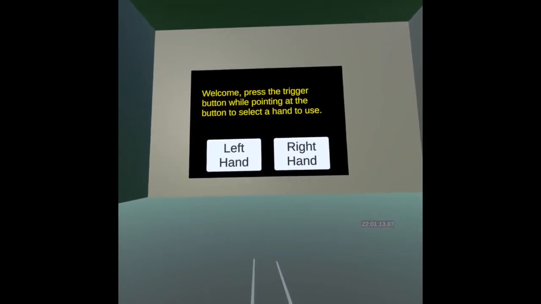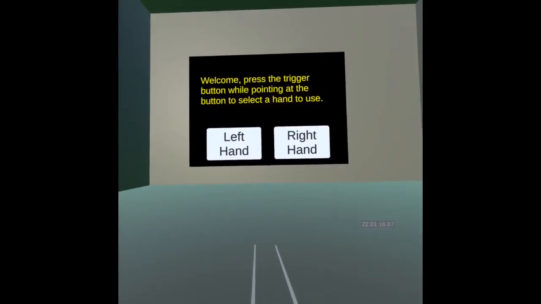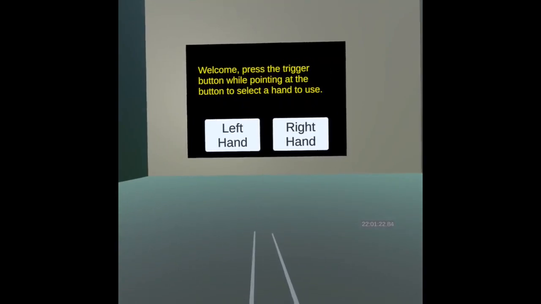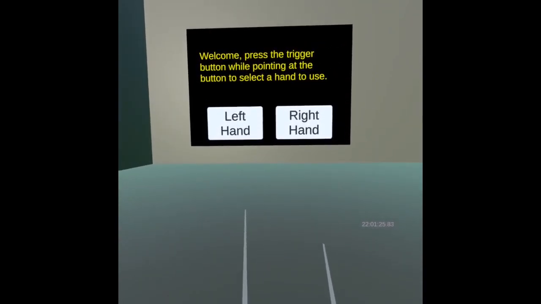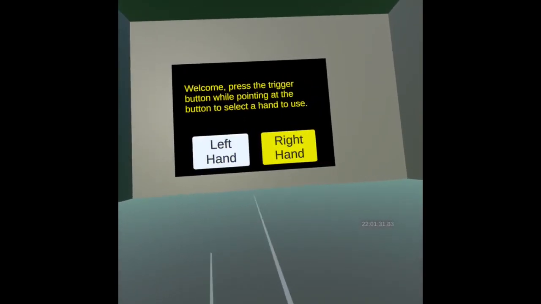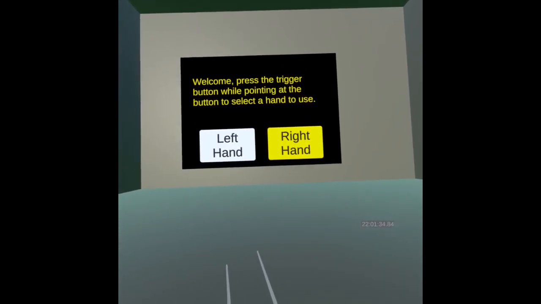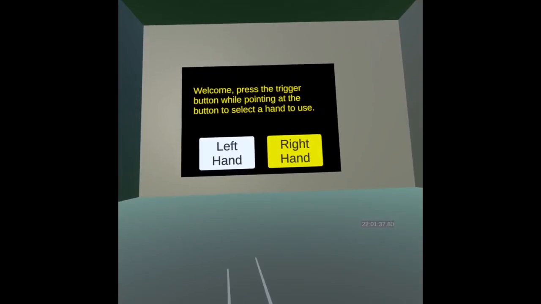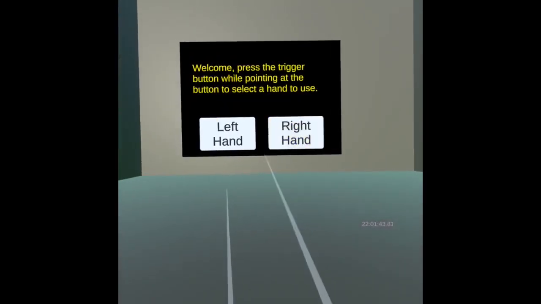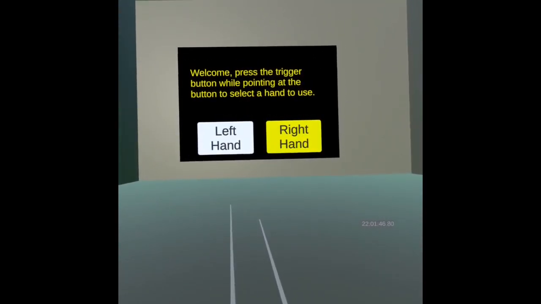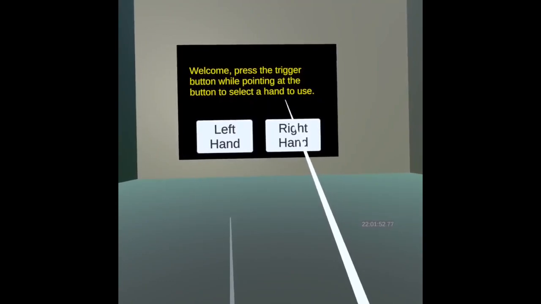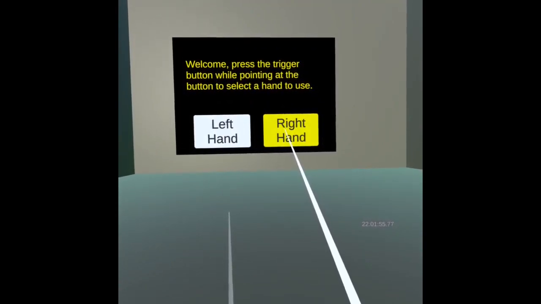So, firstly, we have the hand selection as part of the participant customization process. From previous testing, it was identified that the use of two controllers was deemed to be cumbersome for some participants. The functionality was always allowing both controllers to do the exact same actions, but this way participants only need to focus on one hand. For the purpose of this, we're going to use the right hand.